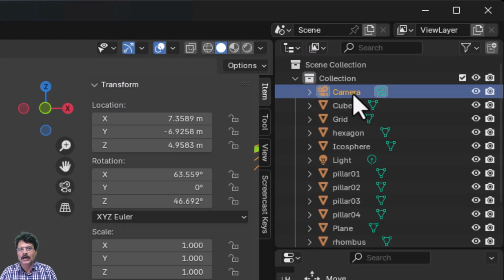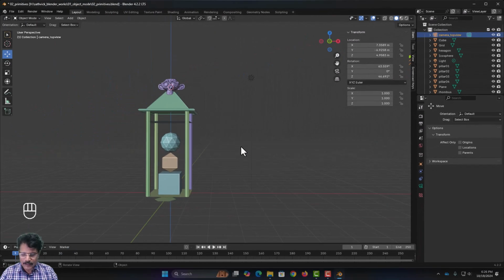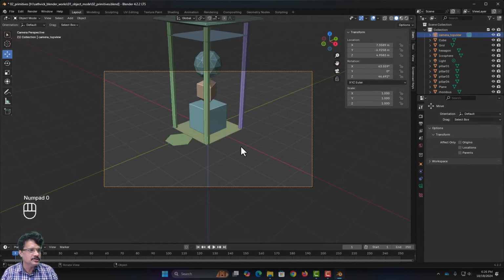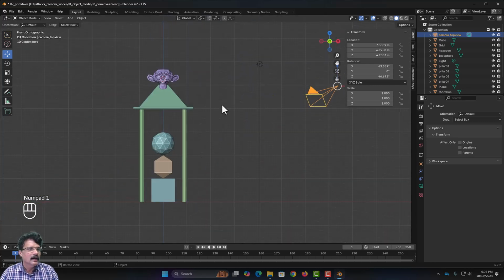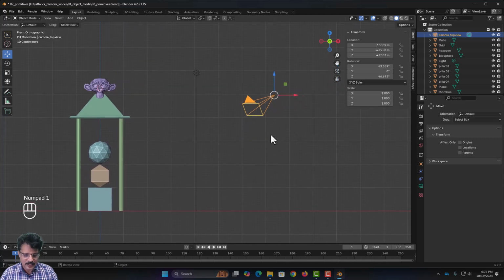I will just double click on this camera and call it camera top view. So this is going to give me the top view. If I come over here and press numpad 0, you are seeing it here, but it is not covering the entire area. So now I have to press 1 and select this camera,